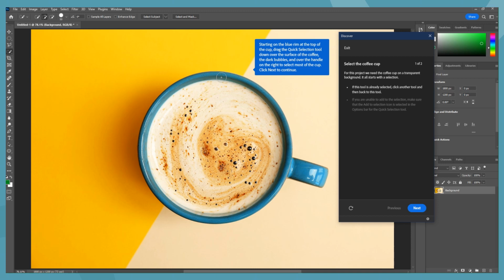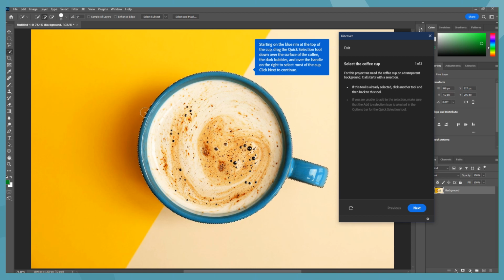So I start right in here. You can see it kind of switches colors. So I'm going to start somewhere right about in here on that coffee cup. I'm just going to drag straight down through the middle. And so I'm still holding down on the mouse. I see right here a little bit of a dotted outline on one of the bubbles towards the middle. Still holding it. I'm going to keep going over towards the left a little bit here. Get that left edge of the cup, and then I see the handle, and I'm going to go over towards the right. Okay, now I can go ahead and let go of the mouse, and I start to see that